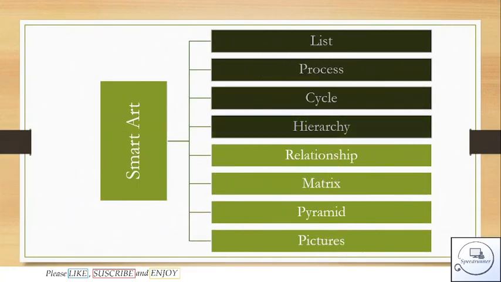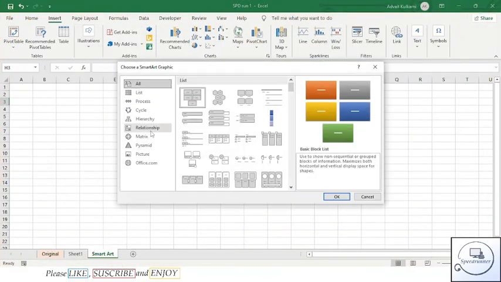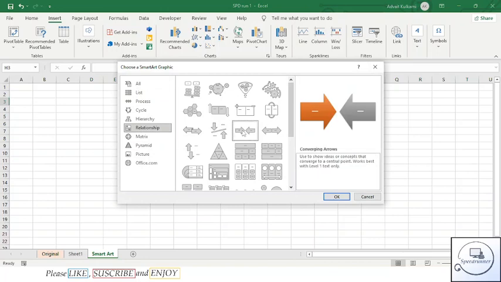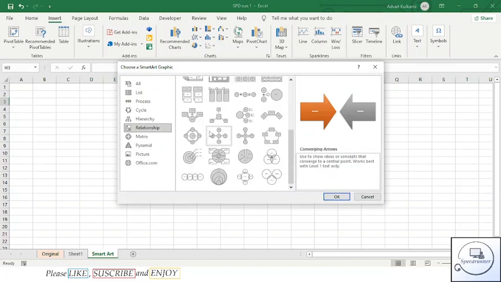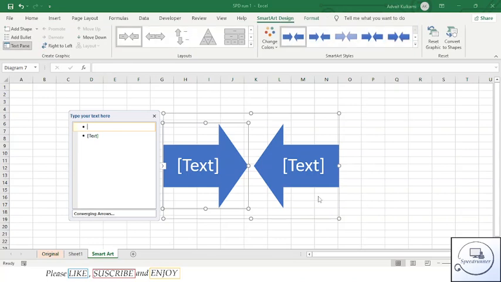Next on the list we have relationship. It is used to show the relationship of one item with another. Let us see how this works. Repeat the process till now, and under relationships you can use many types. Let us take one. You know Newton's third law: each force has an equal and opposite reaction. Let us take the example and write it down.